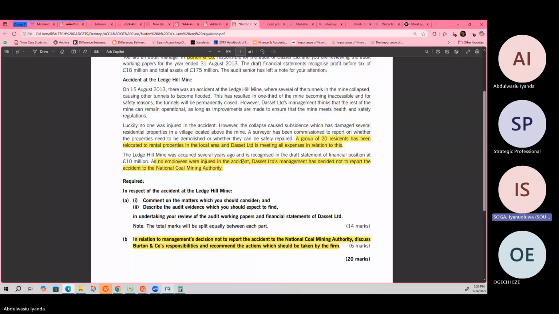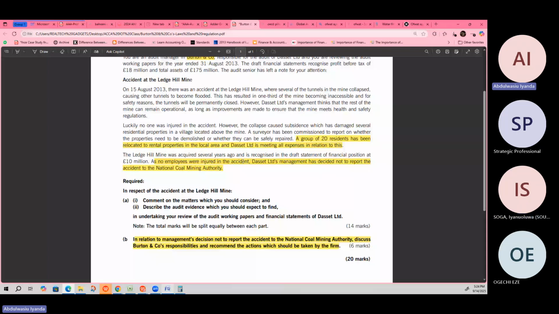Okay. So, can you think of anything? What do you think is our responsibility? Let's even start from the first question. What do you think is the auditor's responsibility here? And what action do you think we can take? The last paragraph looked very easy to me, and I hope you guys can also see that. It's going to be part of the answer that we are thinking about as well.